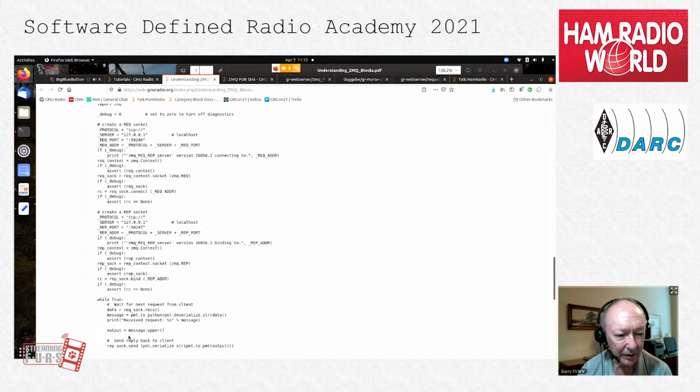So I'm going to go uppercase and then take that output and do this same thing backwards. Convert to PMT and then convert to serialized string and then send it out.